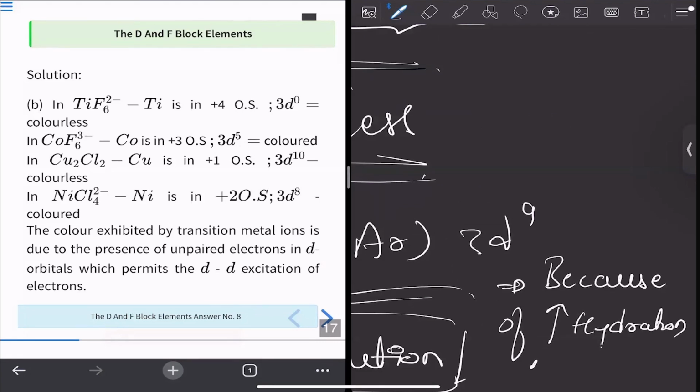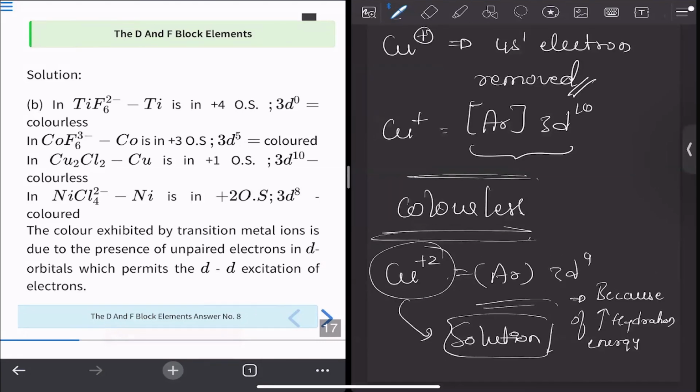Because of high amount of hydration energy. Why is there a high amount of hydration energy? Cu²⁺ has a smaller size than Cu⁺, as it contains 2 electrons less than Cu⁺. Due to its small size, the charge of the ion remains concentrated and is not spread widely. Because of this accumulation of charge, the polar water molecules can easily make bonds with